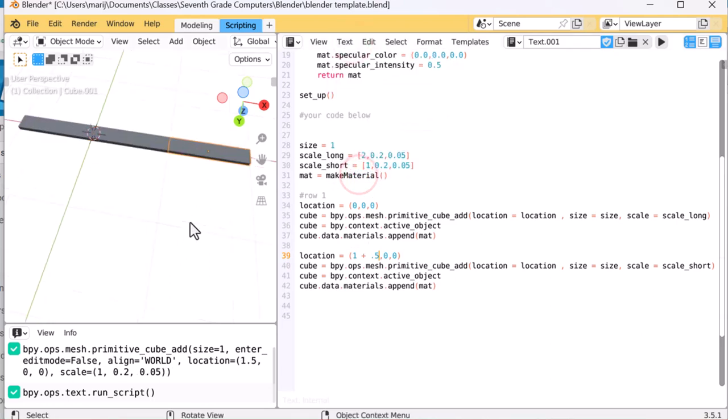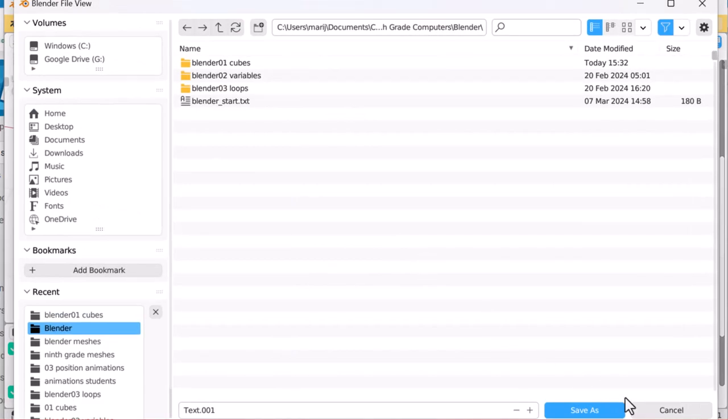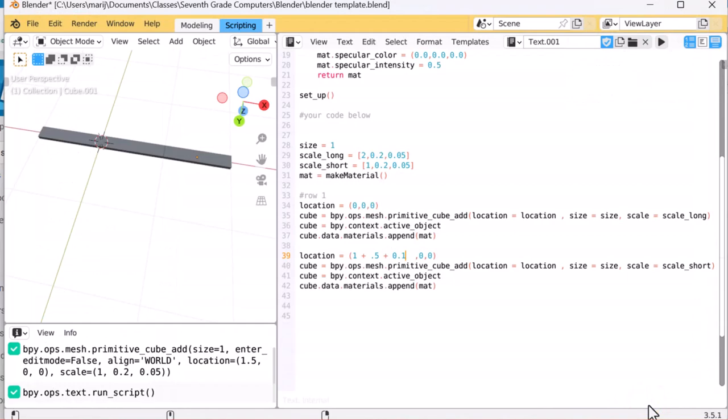So you see when I put it, it's right on it, right? So I like to also add a little bit of a gap. So 0.1. So you see that's the gap: this is the short, half of the long, half of the short, and then the gap. So if I run it, oops, wrong thing. So if I run it,